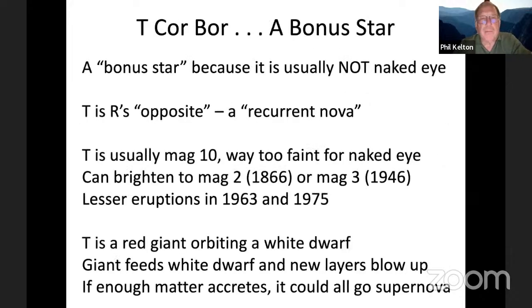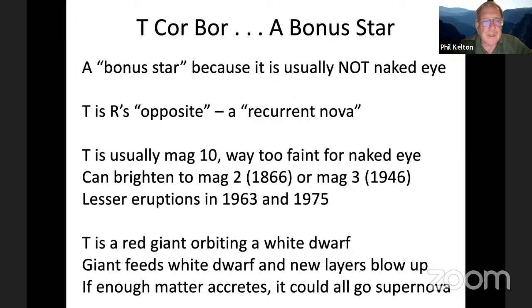The next one, I called it a bonus star because generally speaking, you cannot see it with the naked eye, but occasionally it does the opposite. It's a recurrent nova, and it's usually about magnitude 10, so it's way too faint for the naked eye, though, of course, you could easily find it in a small telescope. But every now and then it brightens substantially to the examples given here, 2nd magnitude in 1866 or 3rd magnitude in 1946. With lesser eruptions in